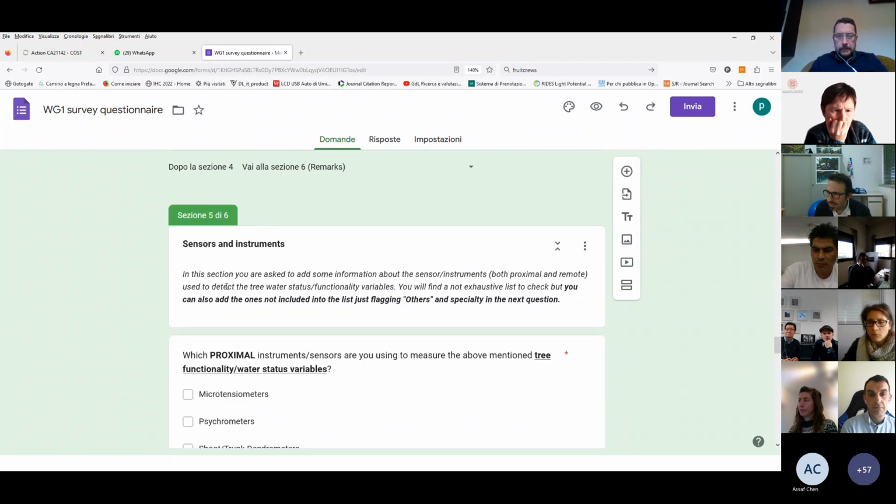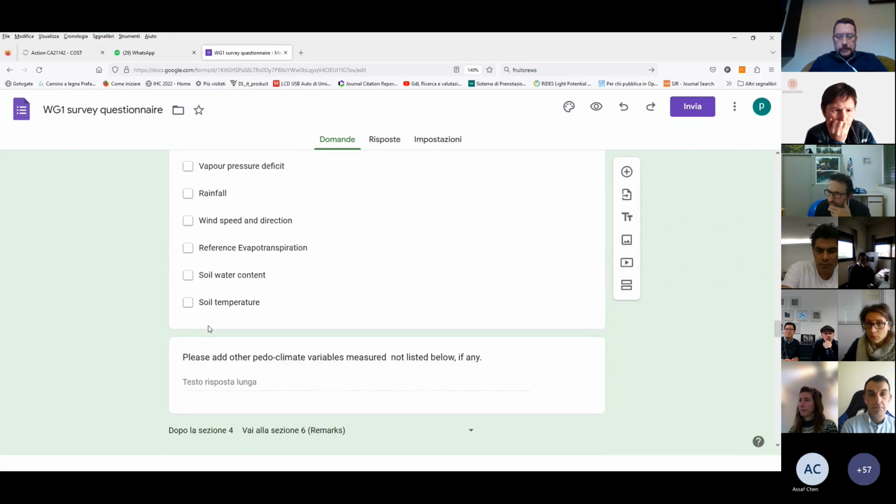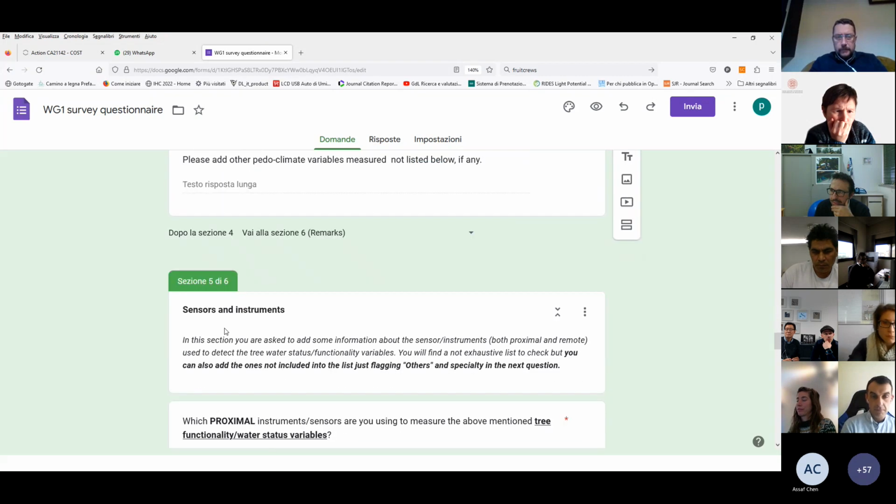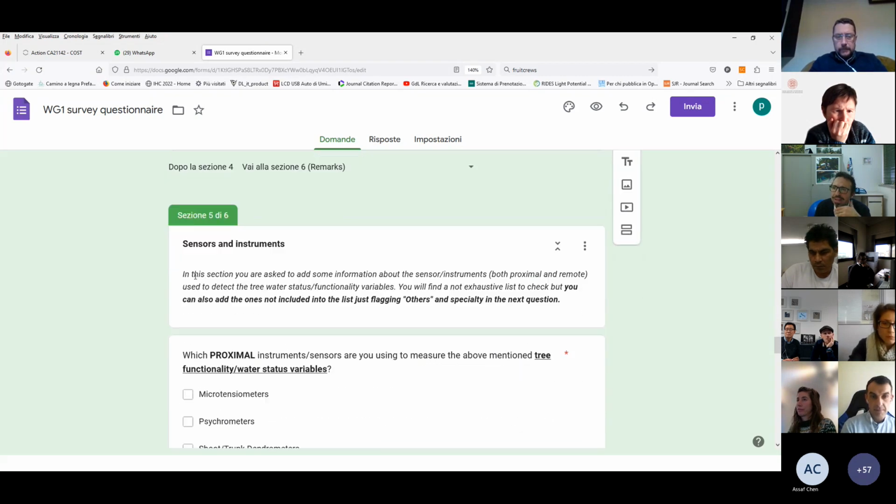Yes, this is the complete one. Okay. So again, add the pedoclimate variable if you have measured some. And then we have another section, section number 5, sensors and instruments. In this section, you are asked to add some information about the sensors and instruments used to detect water status variables. You find a not exhaustive list, but you can also add some other